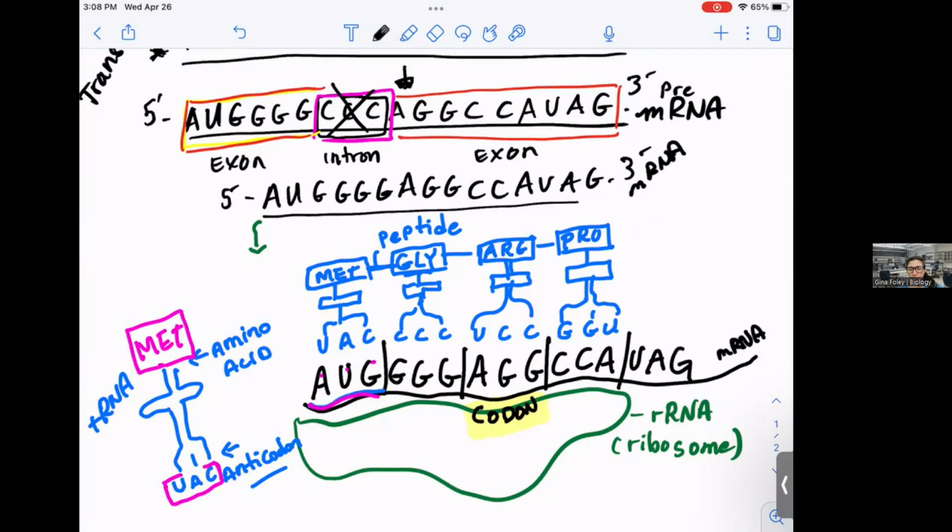And then so the AGG codon brings the ARG amino acid. The CCA codon brings the PRO amino acid. And then you bond them together with those peptide bonds. And then we have this last one. This last one is different, right? This last one, if you look up